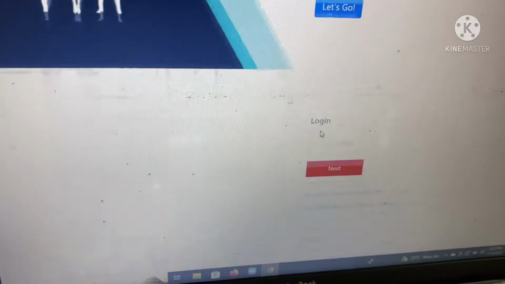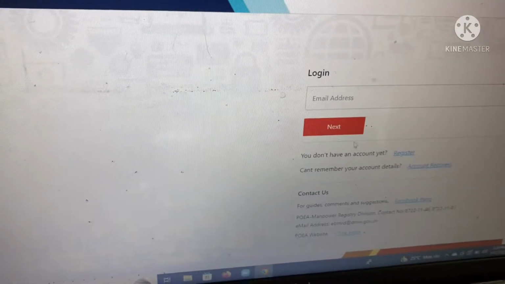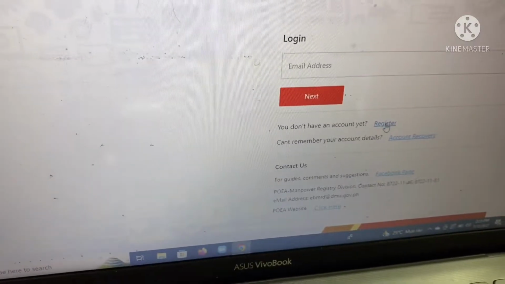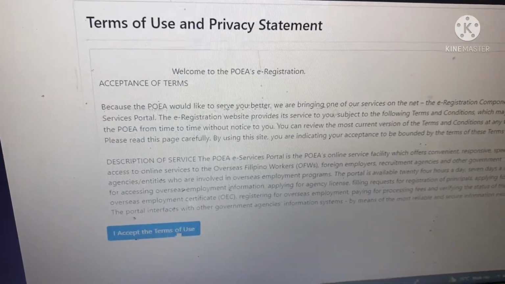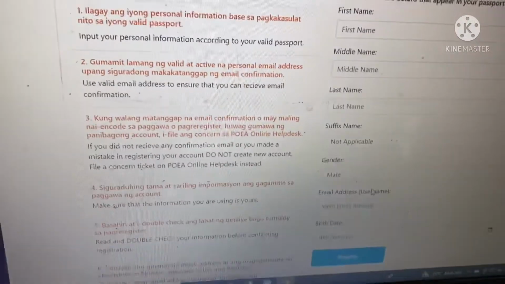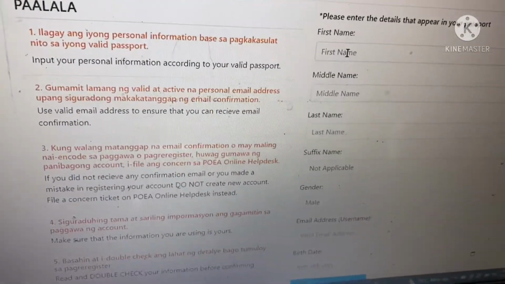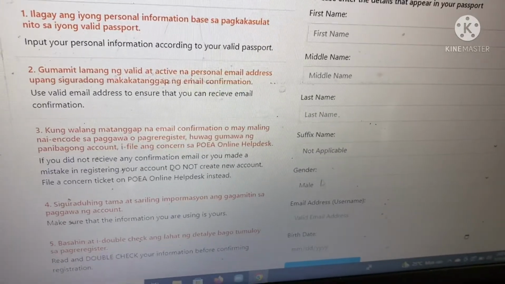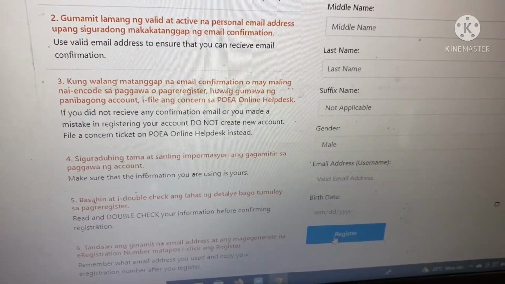Since you don't have an account yet, you have to register. Just accept the terms of use, and after that fill up all this information, then click register.